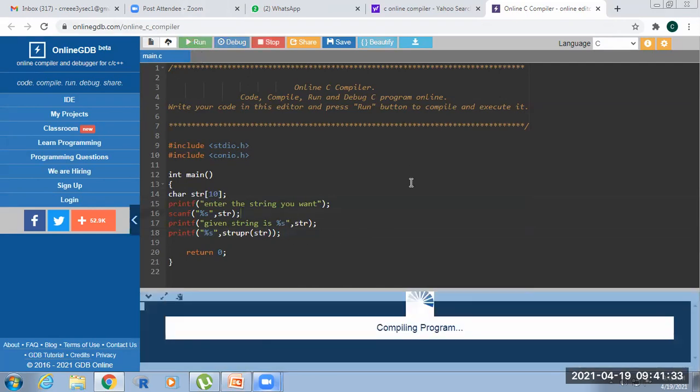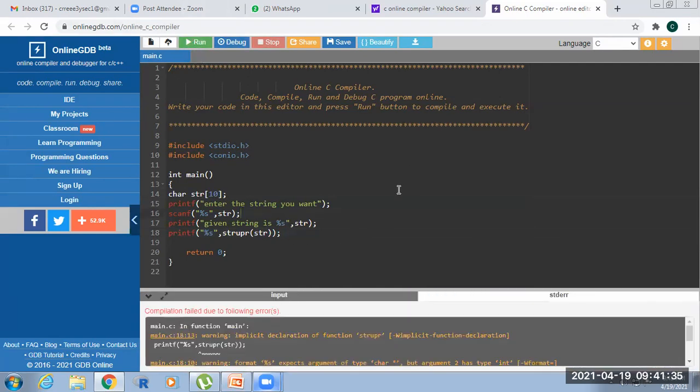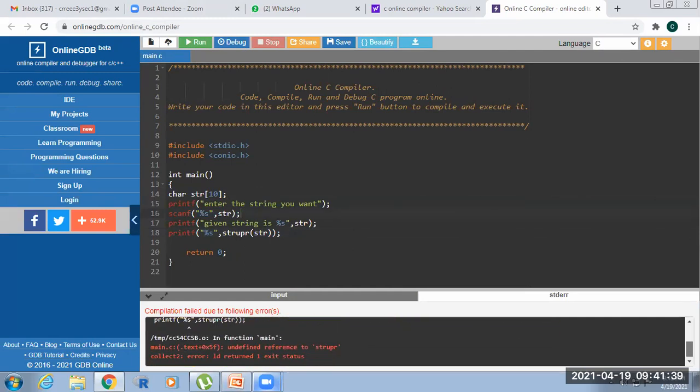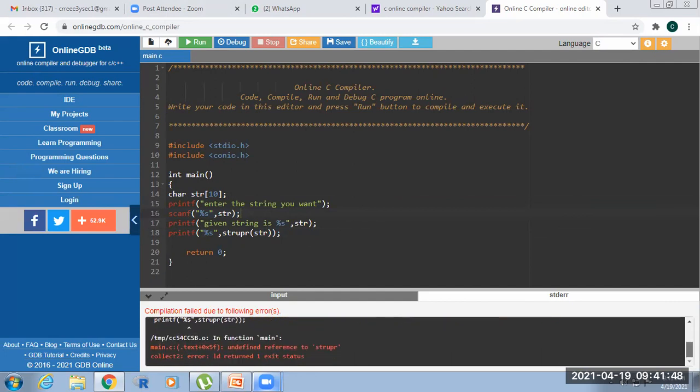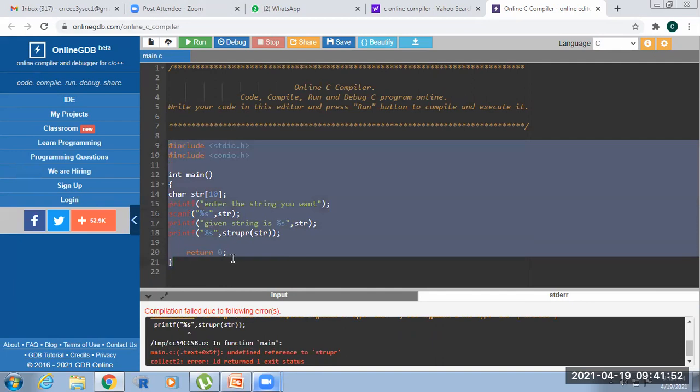No problem, you can run. So here it will not run this program, so I will write this program in the C compiler.